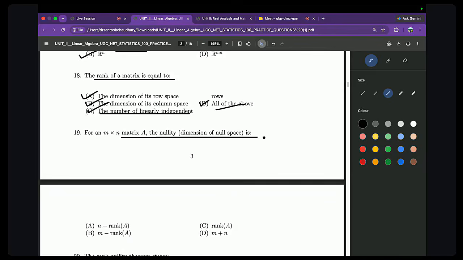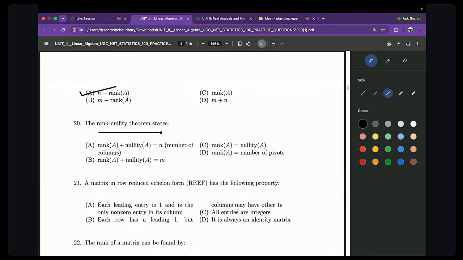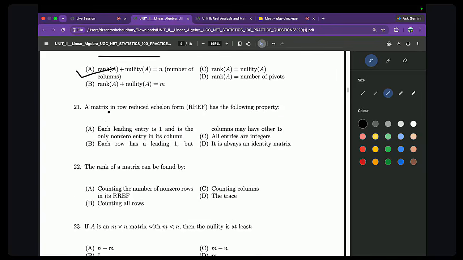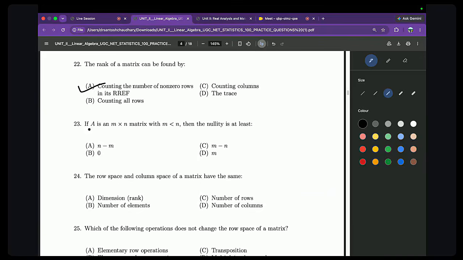For m cross n matrix the nullity is equal to, तो number of columns minus rank, ठीक है। Rank nullity theorem says rank plus nullity is number of columns, ठीक है। A matrix in row reduced echelon form has the following property: each leading entry is one and the other entries in its column are zero, ठीक है, पहला ही सही हो जाएगा। ठीक है। Rank of a matrix can be found by counting the number of non-zero rows in the RREF, ये theorem है, ठीक है। A is m cross n matrix with m less than n, then nullity is at least, तो रैंक तो होगा वो m या m से कम ही होगा।